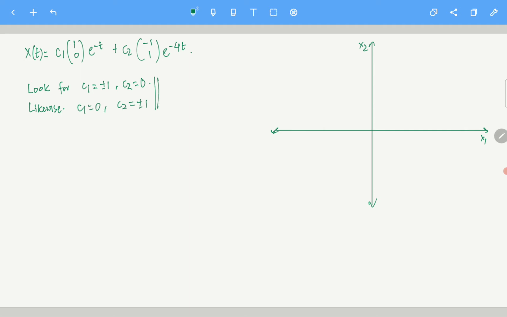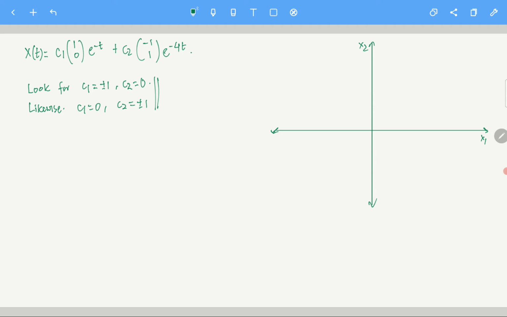This is just like what we do in our general first order or second order equation, right? This is how you find easy solutions. So what is the first solution? If you take c2 equals 0, what does it look like? X of t, with c1 equals 1, let's say, is (1, 0) times e power minus t.